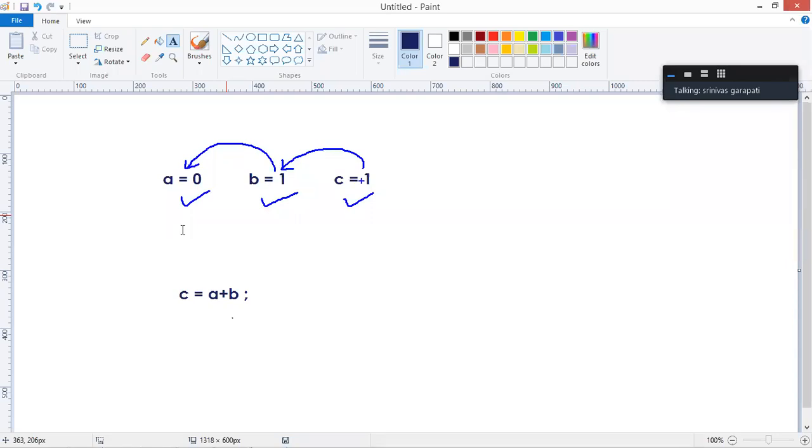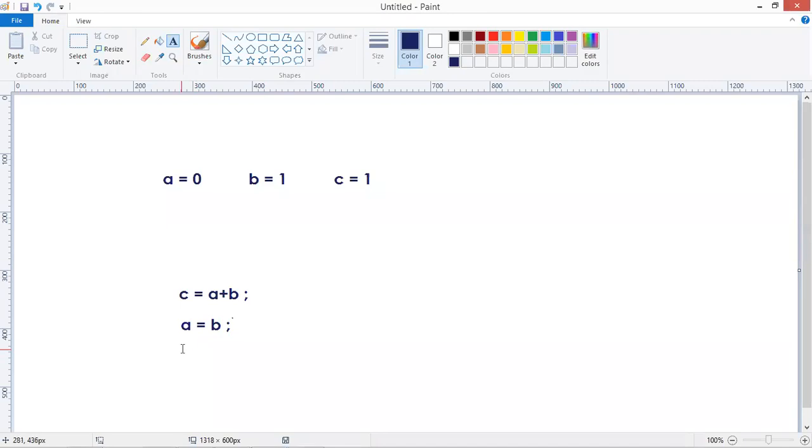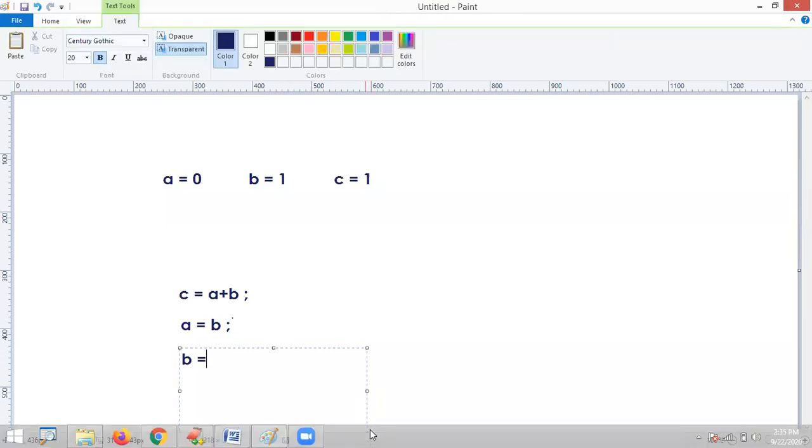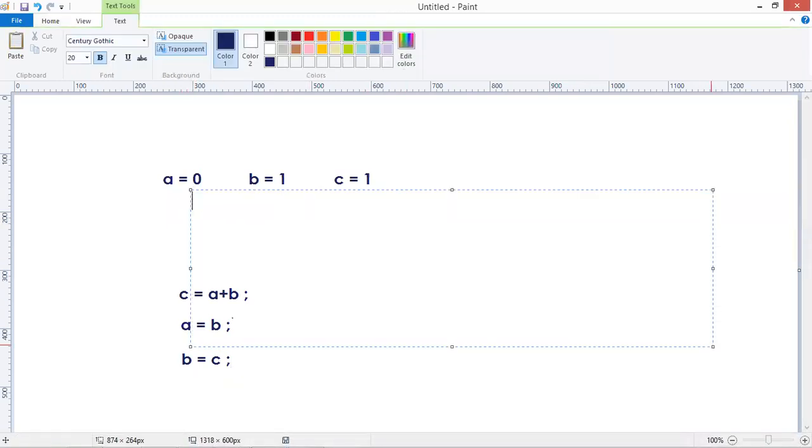That is, store B value into A, and next into B store C value. So A value becomes 1, B value also 1.